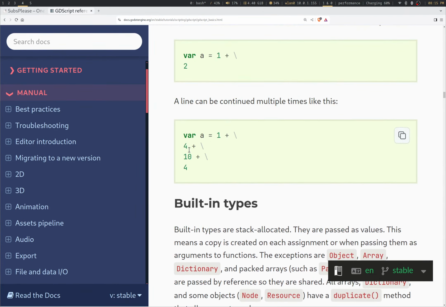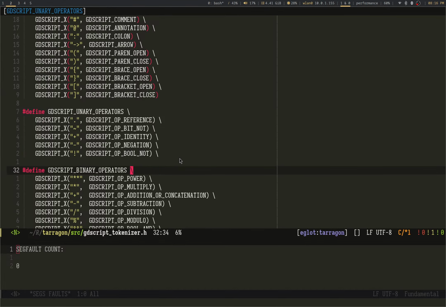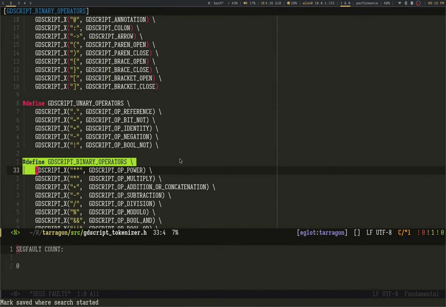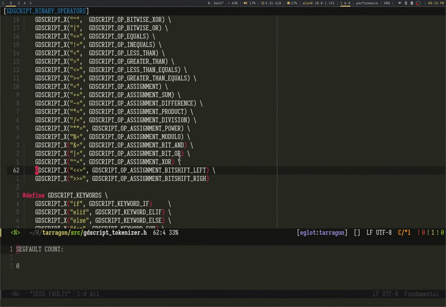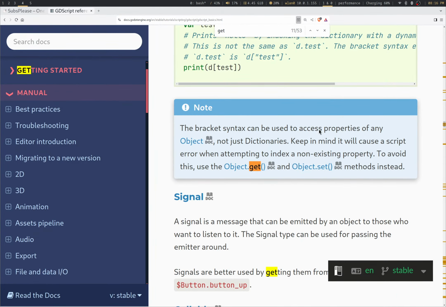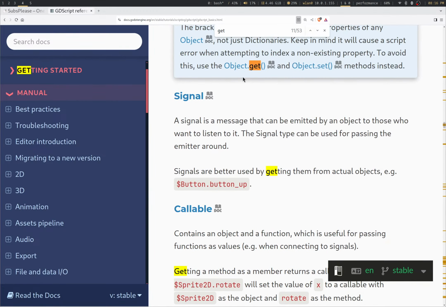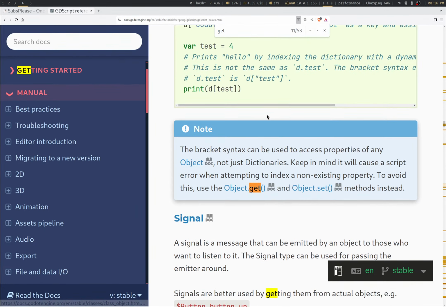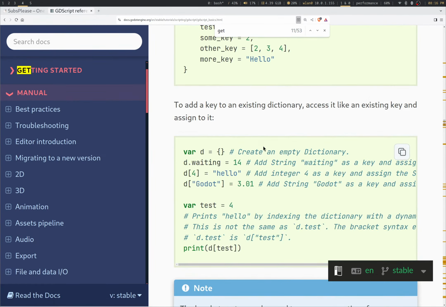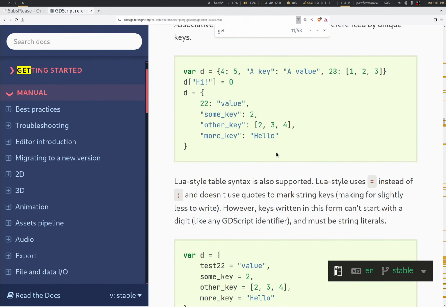Whereas if it comes to, speaking of keywords, object.get and .set, which are keywords, I think the line continuation is actually great when you use gets and sets for variables, for automatic callbacks, like when you change your variables.